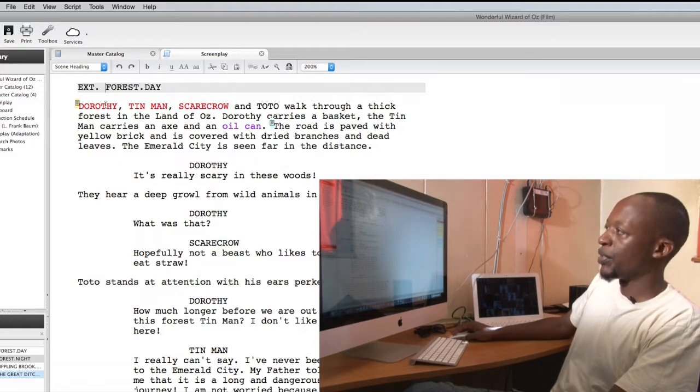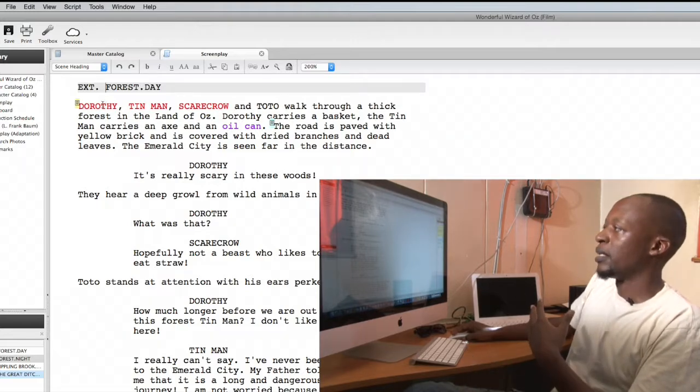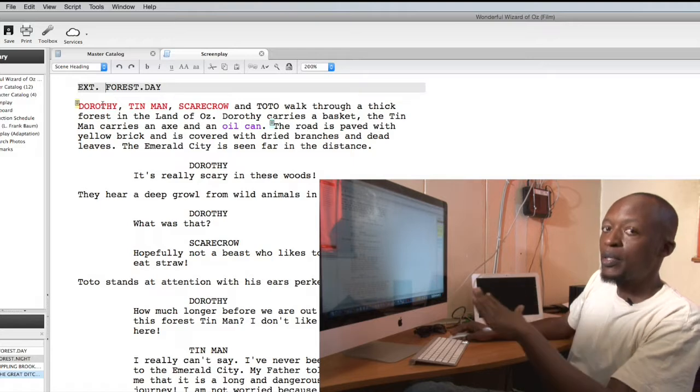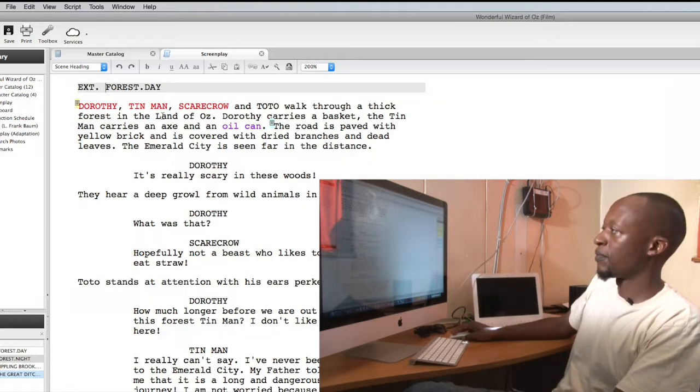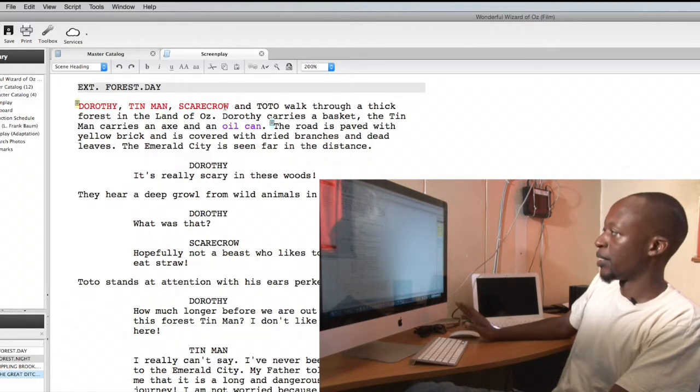So each time you're introducing a new character, please capitalize. It will help whoever's reading the script, the producers, directors, and the crew, to understand your script much better, because it's an industry standard, and the whole team must follow it. So you have new characters introduced in capital letters,